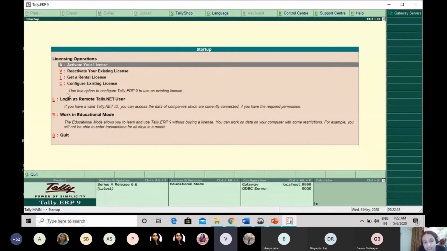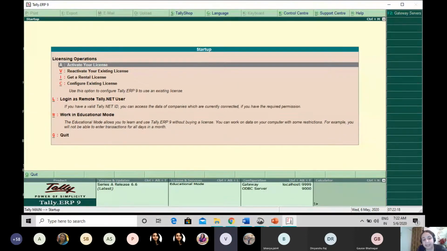As you can see here, there are so many alphabets: A, B, I, C, L, W, Q. All these alphabets are known as the shortcut keys in Tally. You can see that these alphabets have a single line at the bottom. For example, A, L, and W have a single line at the bottom. A single line at the bottom means you have to press Alt with the alphabet.